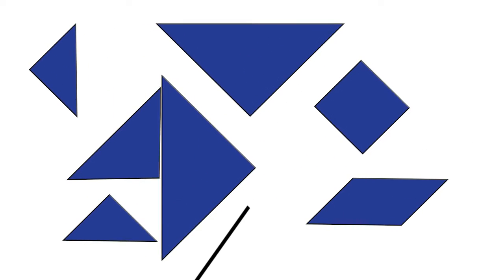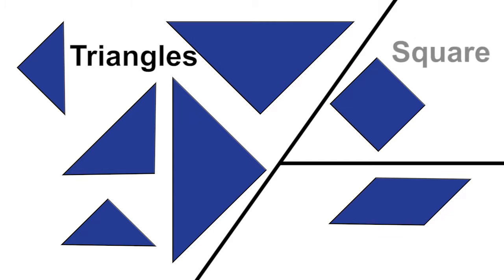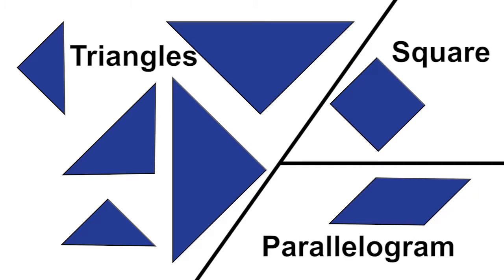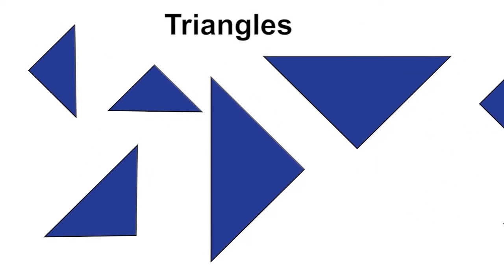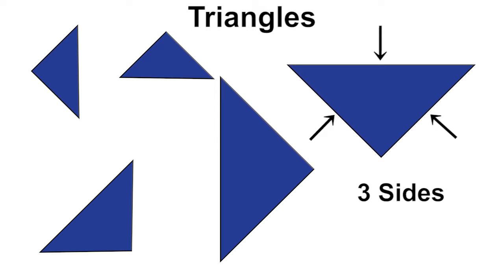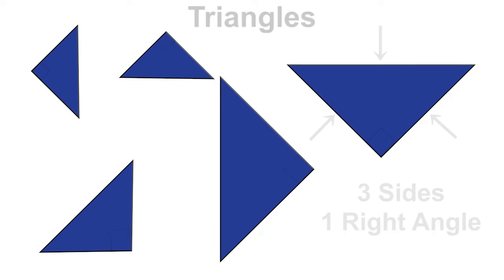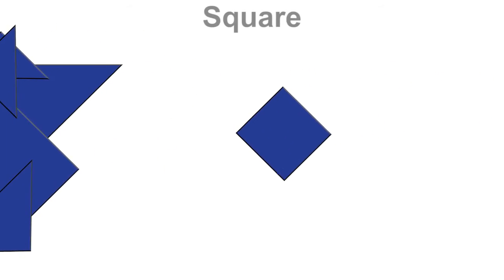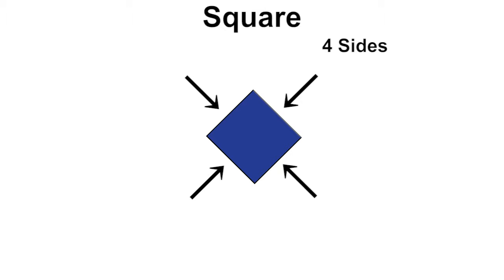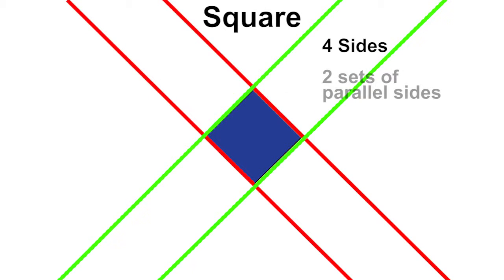The shapes that make up the tangram are triangle, square, and parallelogram. The properties of the triangle are made of 3 sides or line segments, and a right triangle has one angle that is 90 degrees. The properties of a square are made of 4 sides or line segments, 2 sets of